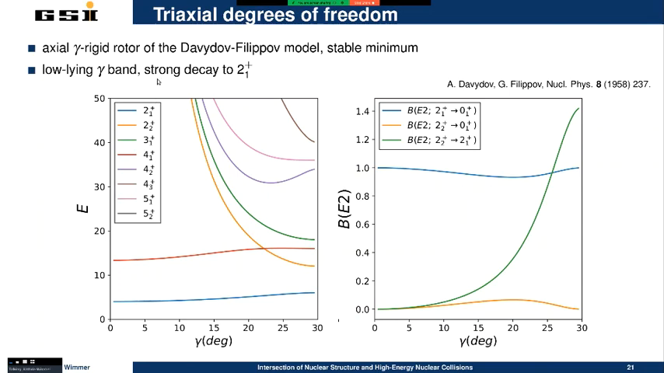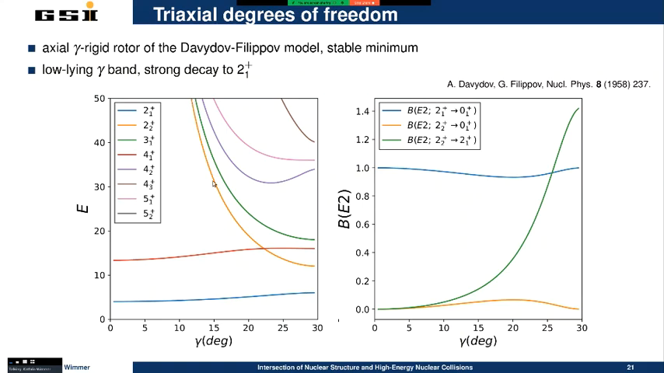So regarding the triaxial degree of freedom, there's a very simple approximation, which is the Davydov-Filippov model, which is a gamma rigid rotor, so a stable gamma deformation. And this predicts, as a function of this gamma degree of freedom, the excitation energy spectrum. And a signature of triaxiality is this low-lying gamma vibrational band, which is the